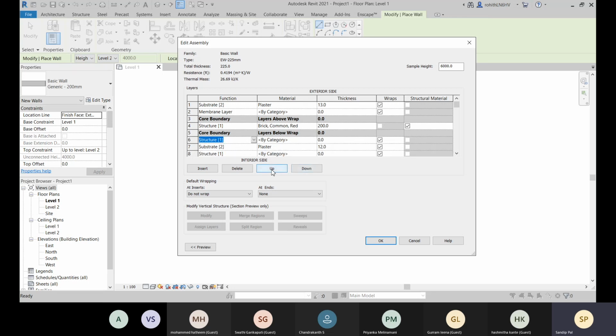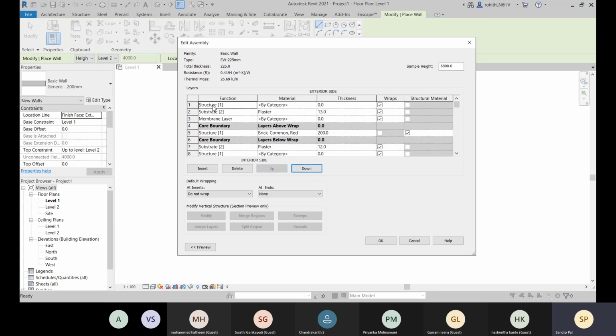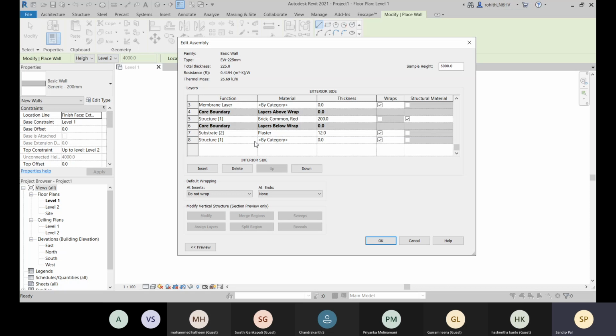This one will be to the upside, and to the exterior side you will define it as a finish one. Always the finish one will be placed to the exterior side, and this one will be finish too, always. You define the material, you define the thickness.